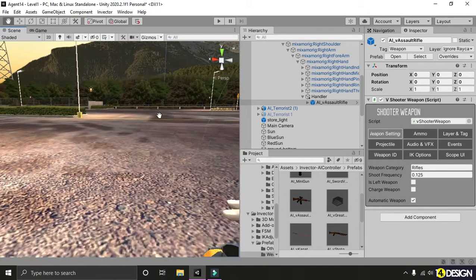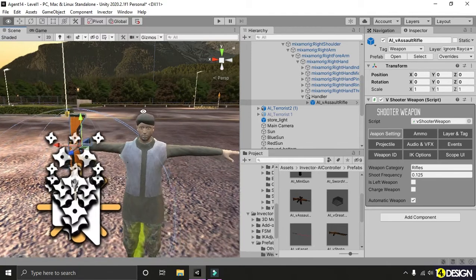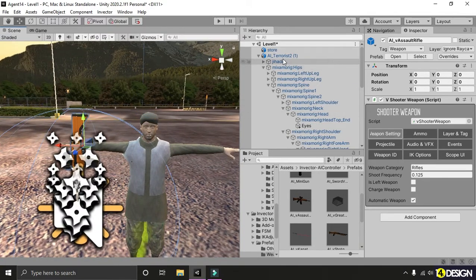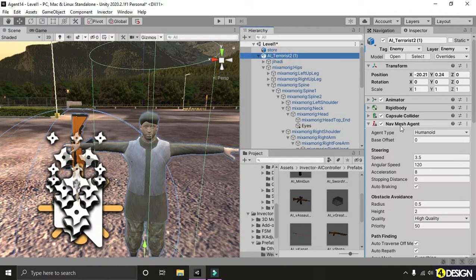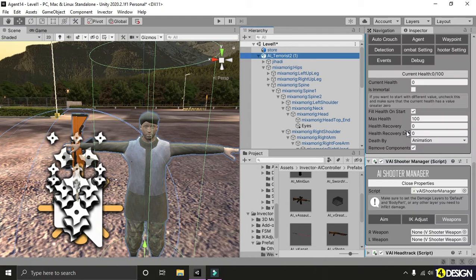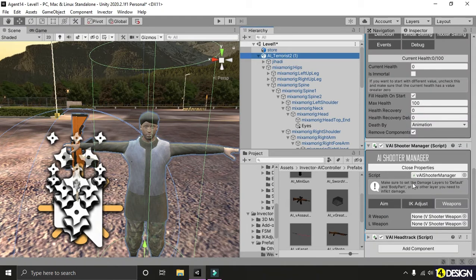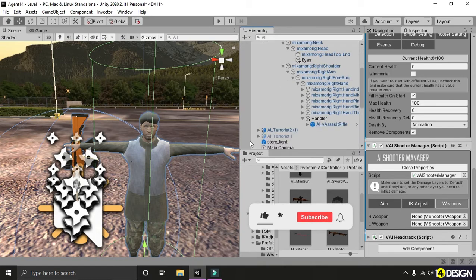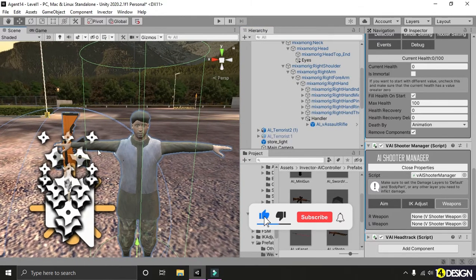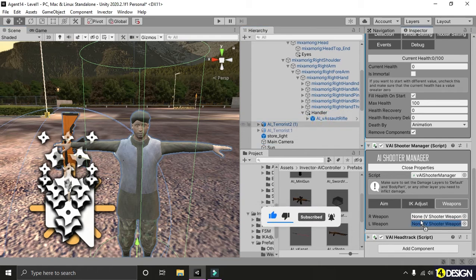Now we're almost done. Now we have to click our model once more and select which gun we're going to use. The gun is in our right hand, so we're going to drag the AI assault rifle into the R weapon slot.